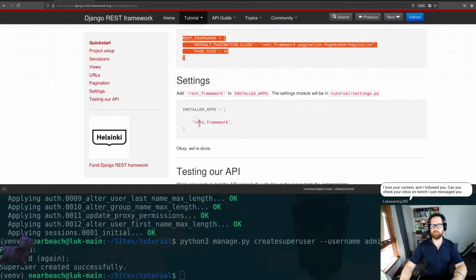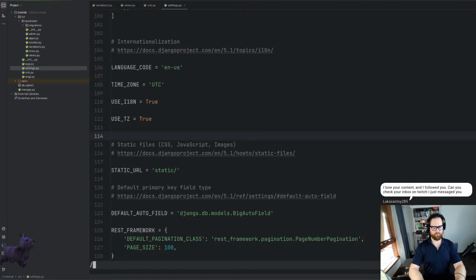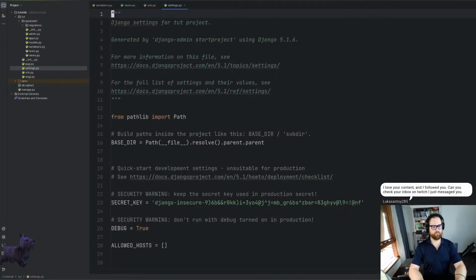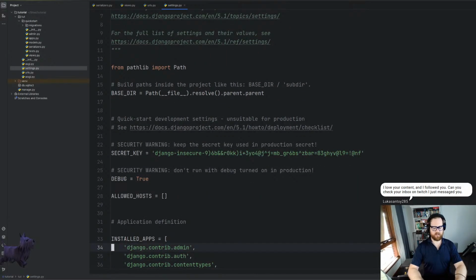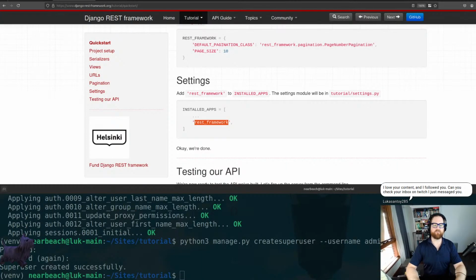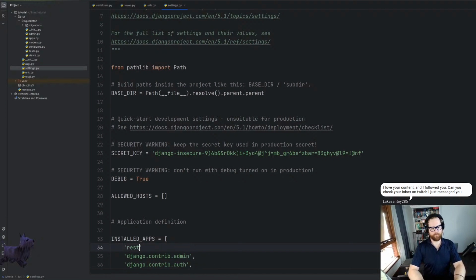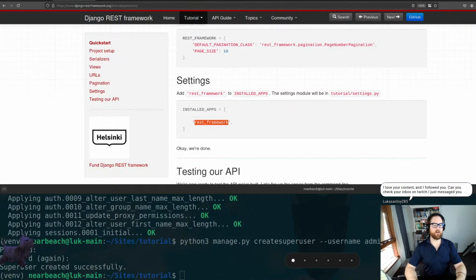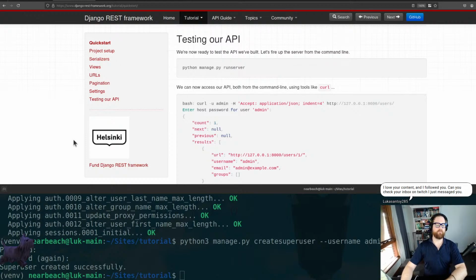All right, in the settings themselves, we've got to put in the REST framework for the installed apps. My God, G just stopped working then. So in the installed apps, we need to put in the REST framework in there. I think I know why, oh, wrong button. Yeah, I had it on the Mac settings. REST framework, sorry. Easy done. And then testing out the API, we just need to go python3,